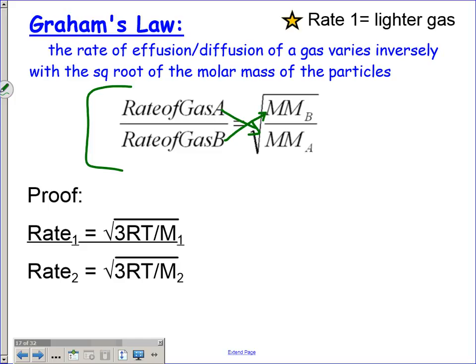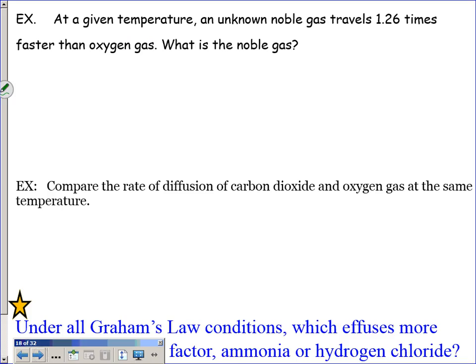Okay, so using Graham's law, can I go forward? Using Graham's law, let's go ahead and find who the unknown in this first example is. And let's talk through this because we got to go forward. We get out at